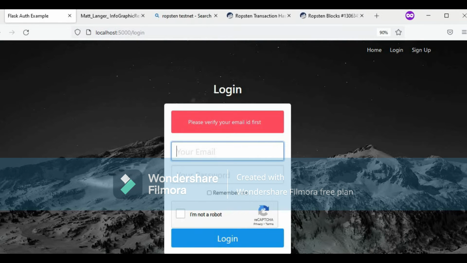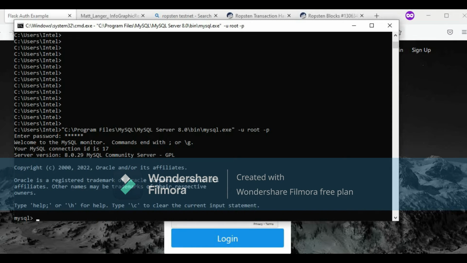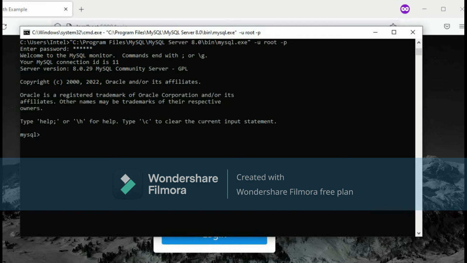So let us look at that email MySQL structure. I am here in my CMD command prompt, and I'll just log into the MySQL server. As it is from the learning point of view, I've not changed the username, it's just root with a random password. Now you can see that I'm logged in, and this is my random password. I'll use my database. DB is my random database, and then